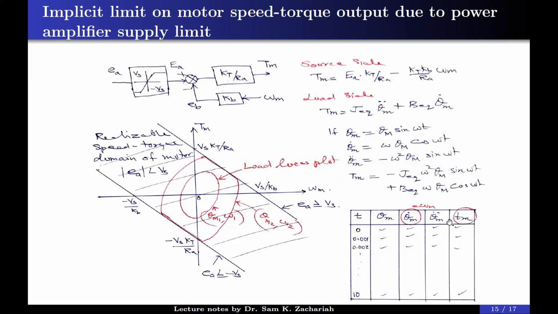So what we are actually plotting is, from the load side, the relation between speed, for a given speed, what is the torque required, while that speed is following a sinusoidal path, not any general speed. That relation can be this data, theta m dot along x-axis and Tm along y-axis. You can plot, you can get contours like this. This contour is not an ellipse, it's a closed contour.